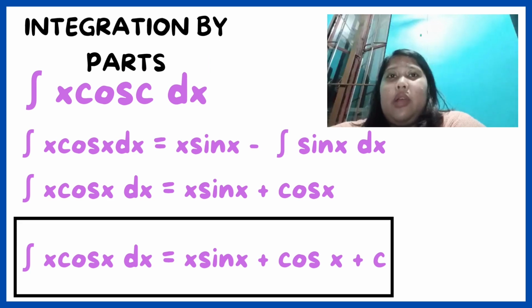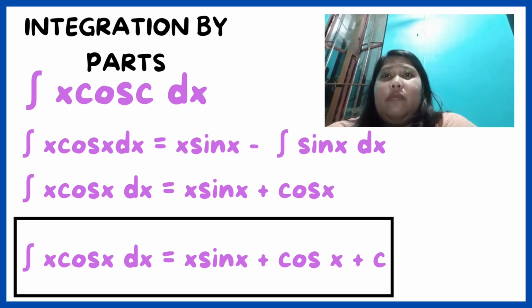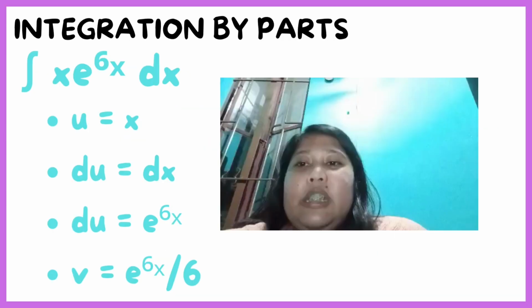We'll now write the equation according to the formula mentioned earlier, so it is now u v minus integral of v du, so it will become negative cosine x, then the equation must be, then we will add a constant to the equation. The final answer will be, second example,